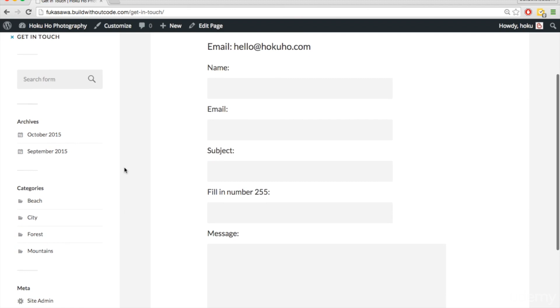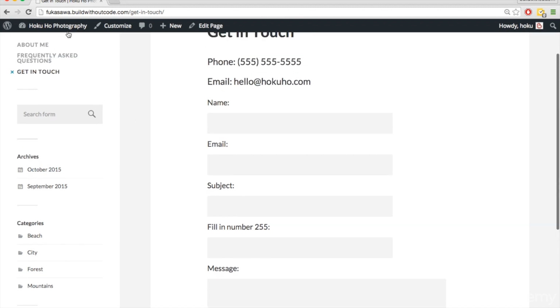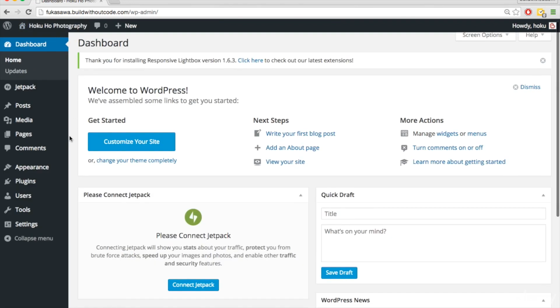Well, there's some of these widgets that we don't really want. So for instance, archives, I don't want this to display, so I'm going to get rid of this widget. And to do so, we'll go back to the dashboard. We could also go to widgets right here, but within the dashboard, if we go to appearance and then widgets,